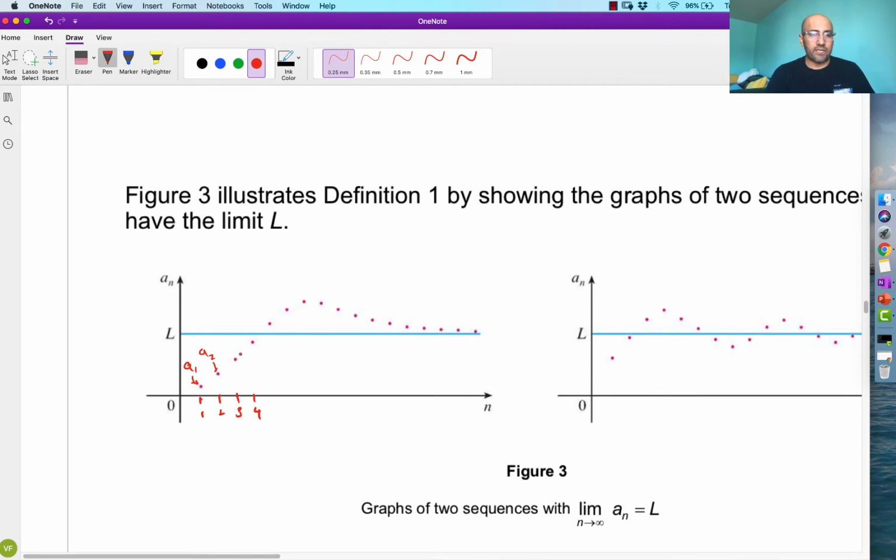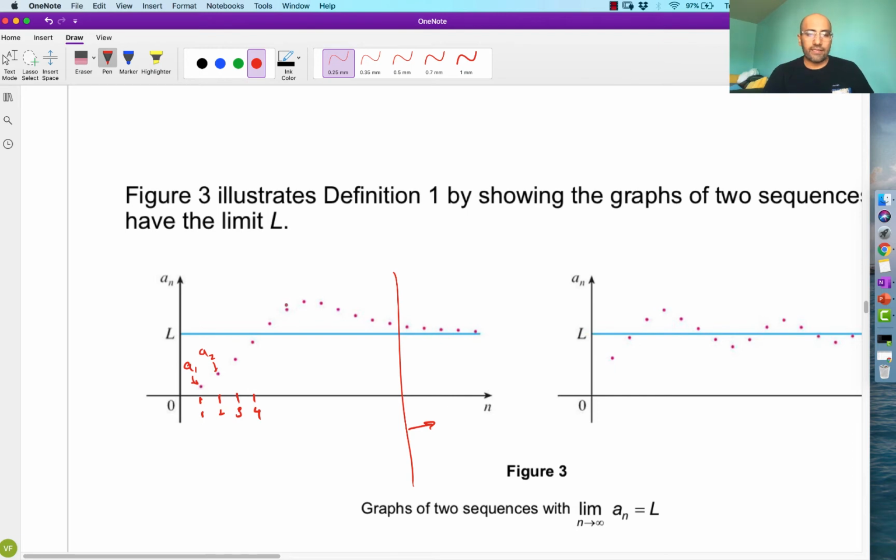Okay, so here's my sequence. It begins there and looks like it's climbing up, and then it reaches a max and then begins to come down, come down, come down. And from here I could see that eventually the little dots are getting infinitely close to this horizontal line, capital L. So as n goes out to infinity, I can make these little guys get infinitely close to L. There exists a point such that beyond that point, all the a sub n values can get infinitely close to capital L.